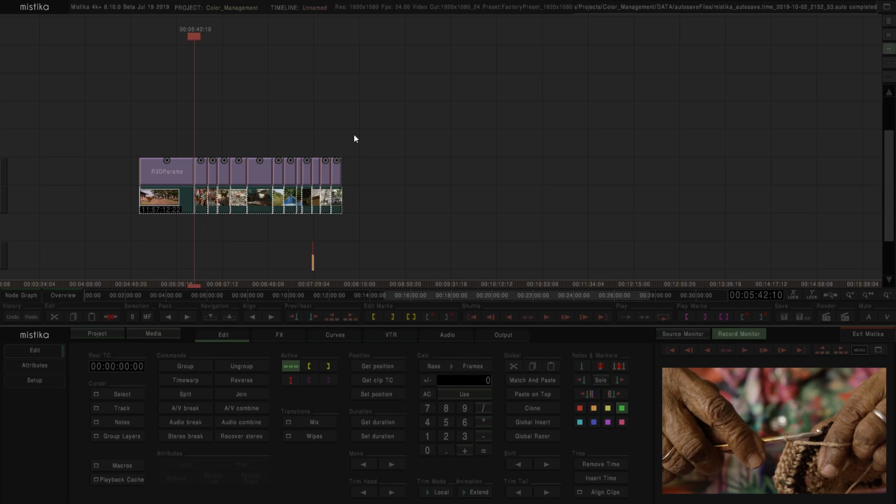In this particular case, I'm going to use this last example, so I'm going to start with the HDR version and then move to the SDR. But again, as I said at the beginning, this masterclass is not to tell you how you should work. It's just to offer you different examples and different workflows of how we can manage the color in Mystica. Again, if you prefer to work in SDR at the beginning and then move to the HDR version, that's totally fine. It's just